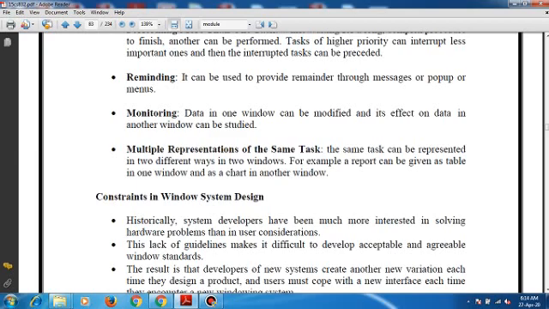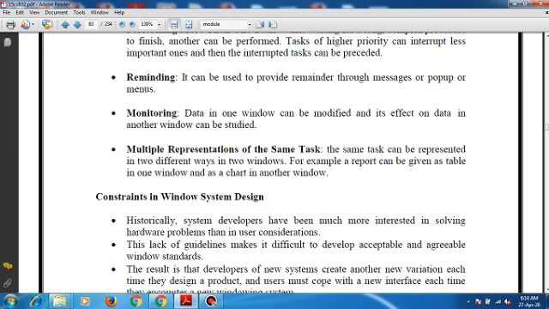And the third one, there are some companies that take certain legal actions if other people use the same approach or the same method to design their user interfaces or windowing system.